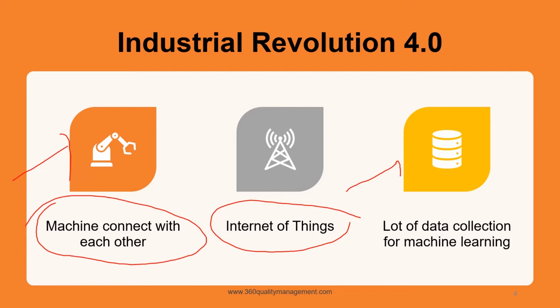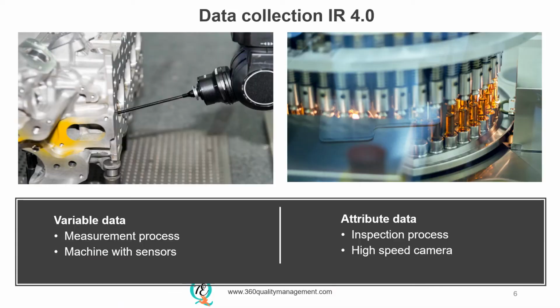Therefore, data collection is also a key in Industrial 4.0, and mind you, it should be also an automated process as well. In an Industrial Revolution 4.0 manufacturing environment, you will expect to see that data collection is actually automated,